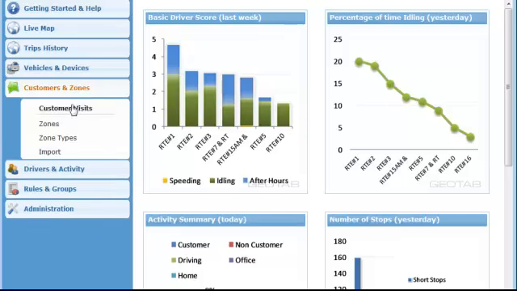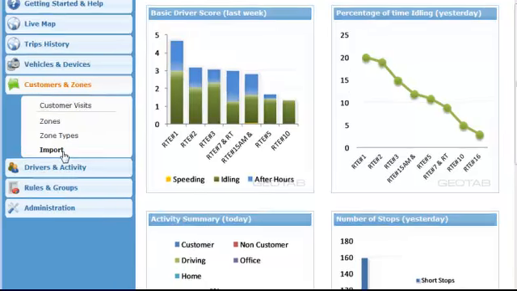Under customer zones, I'll have the ability to run reports by customers. So you can run, for example, a customer such as Walmart and understand for last week which drivers were at that customer, how long they stopped at that customer, and how long that customer was serviced for. It helps you with some administration functions as well. To set up those customers quickly and easily, you can also import those customers through an Excel sheet using the